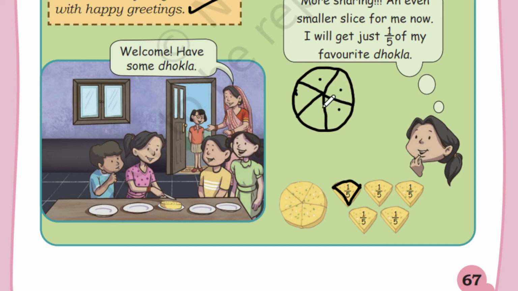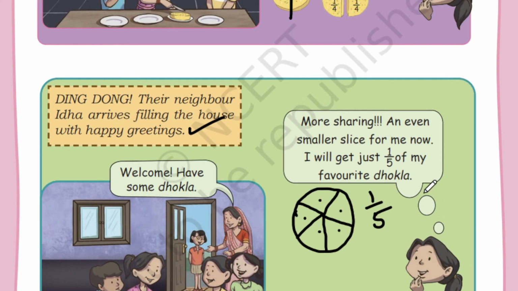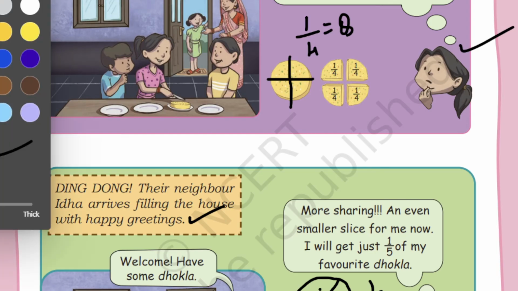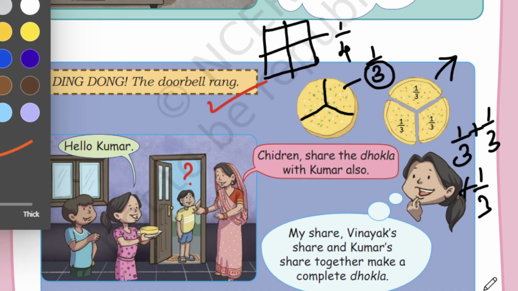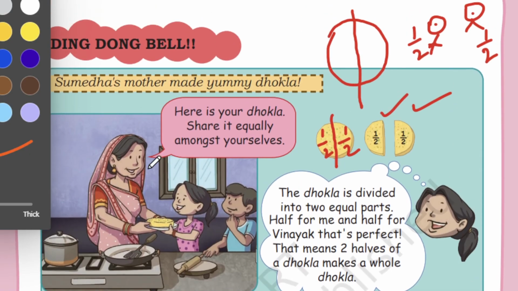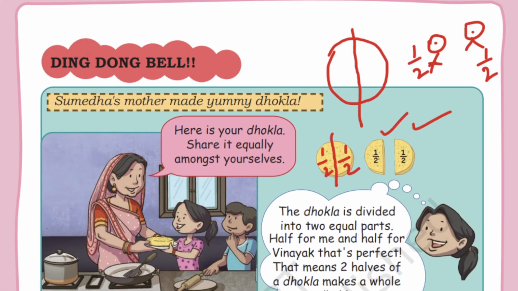So 1, 2, 3, 4, 5. Each will be getting 1 by 5 portion of Dhokla. So, for this I will color with different colors, students. You can easily understand. So first is for Sumeda's mother's yummy Dhokla,